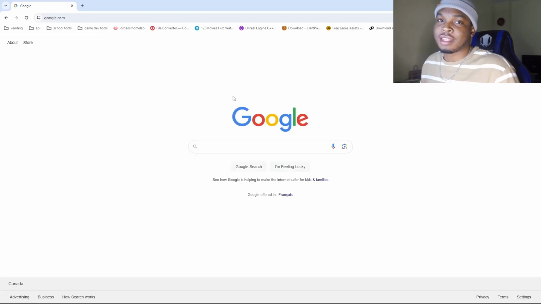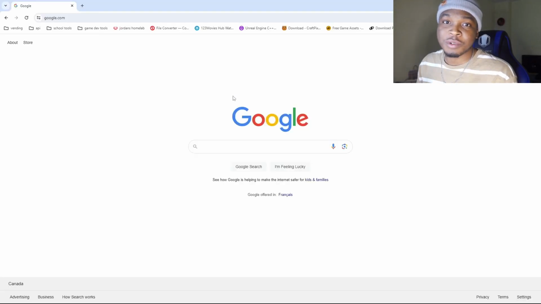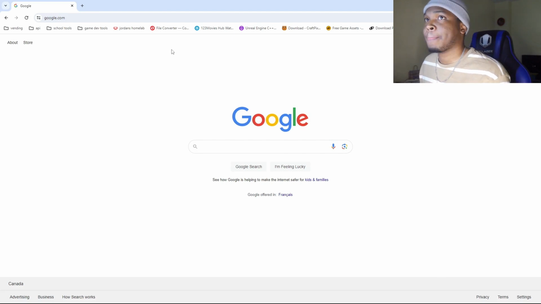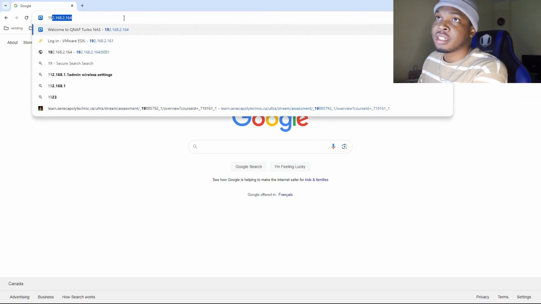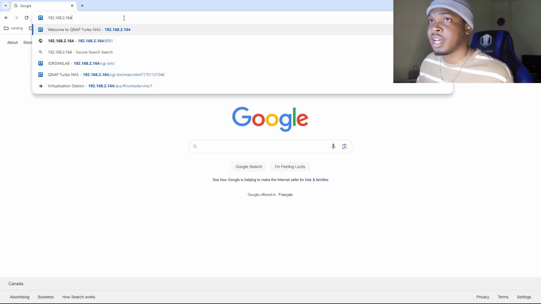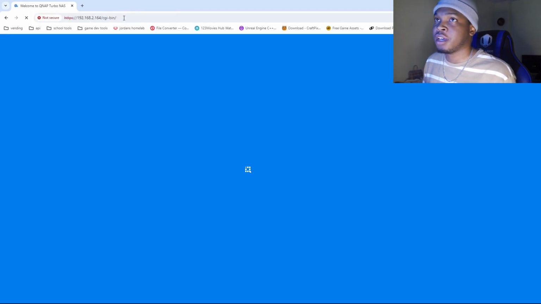Now we're on the dashboard. So the first thing we're going to do is navigate to our QNAP, which we had set up before, and it's as simple as just typing in the IP address of your QNAP device. You just go into the browser and type in the IP address, which I had shown you in the first video. And that's going to take you directly to your QNAP login page,